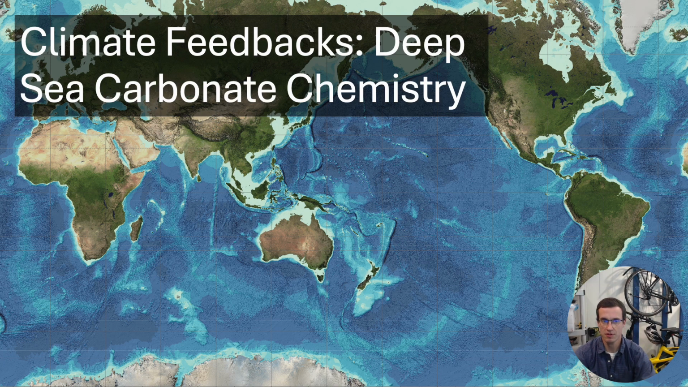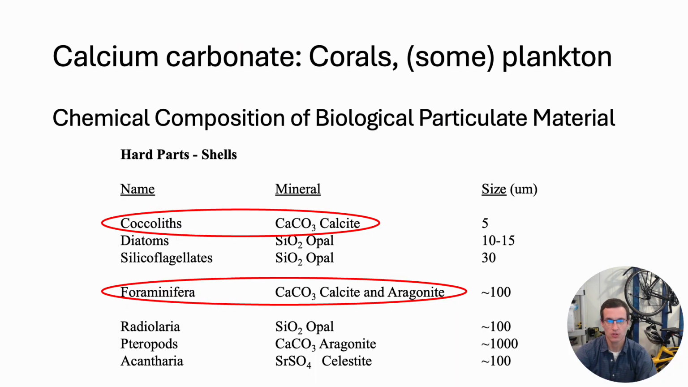Welcome to Climate Feedbacks. Today we're going to be talking about how deep sea carbonate chemistry helps to stabilize global climate. So we've learned about phytoplankton and how organic matter is comprised of inorganic carbon that is fixed into organic carbon